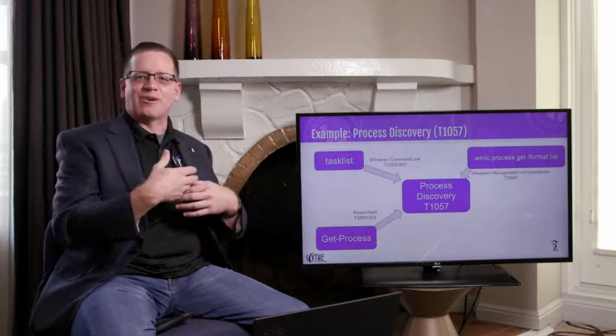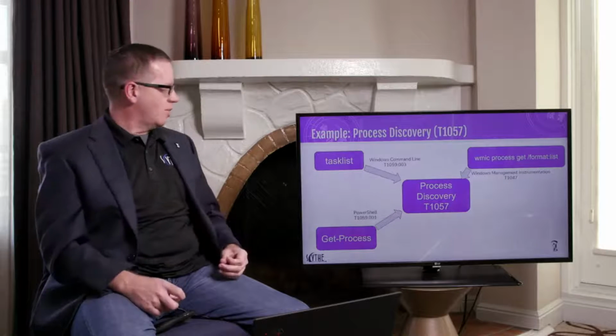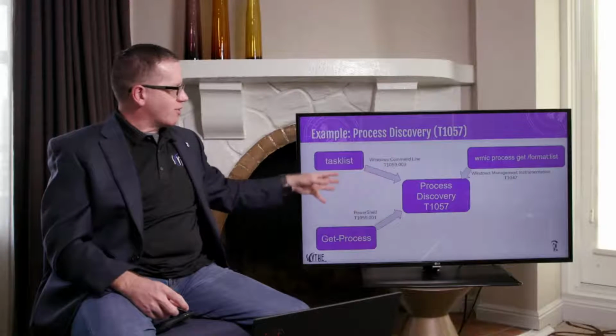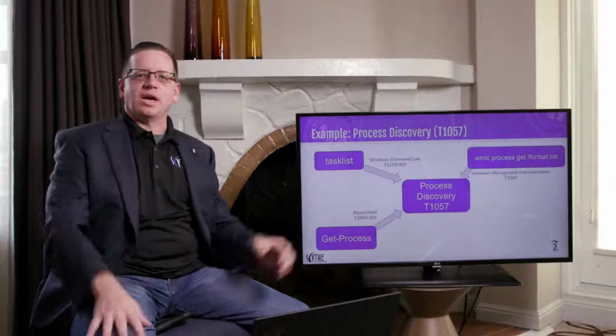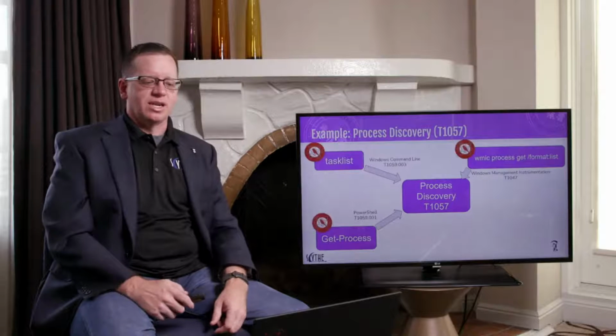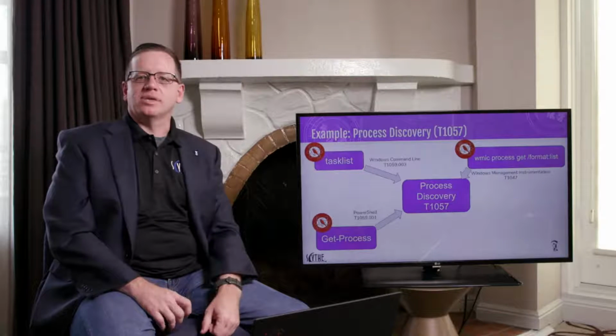Could be. We have unmanaged PowerShell built into Scythe if you're into that kind of thing as well. So now we have 3 different codes that are not T1057 for different procedures. And by the way, I'm only scratching the surface here. Dare I mention, these all have Atomic Red Team tests, right?